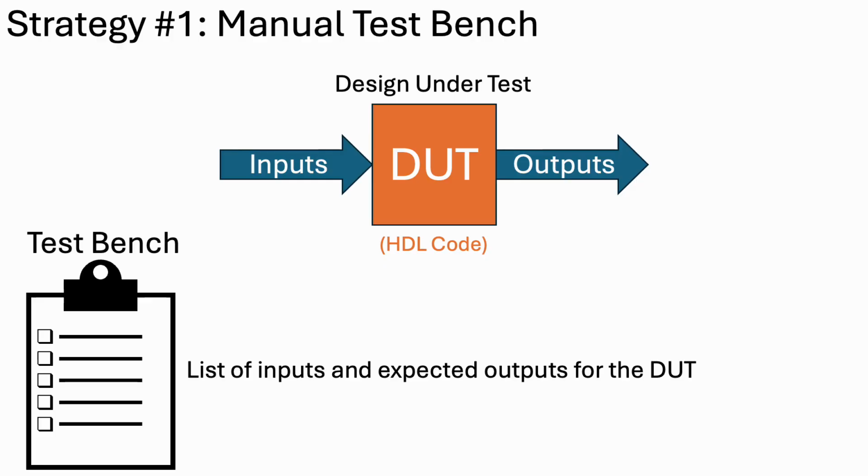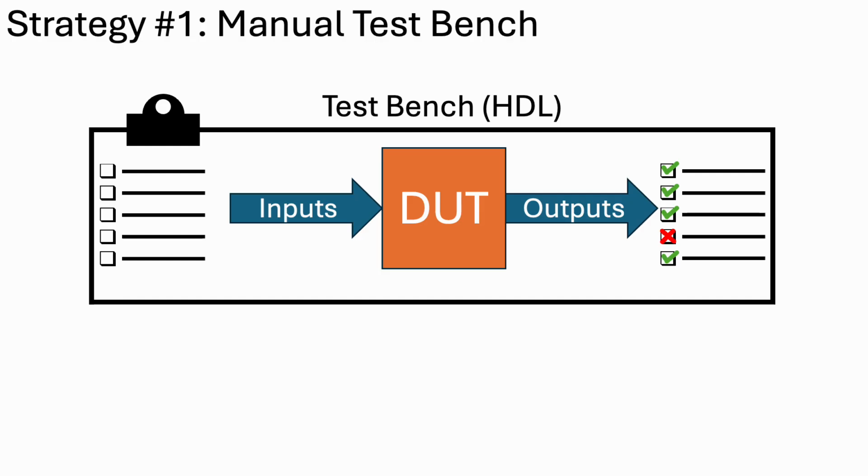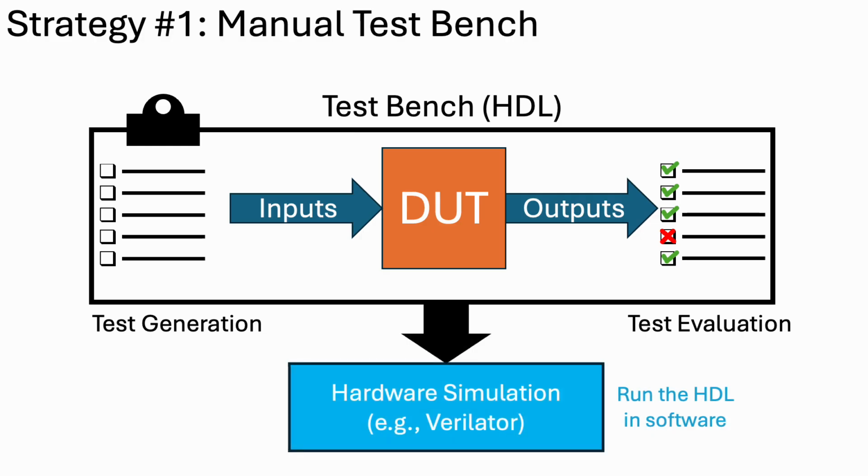In hardware, you usually call this a test bench. Then you put this design under test in your test bench. On the left side, I'm showing the test generation, on the right side, the evaluation, and you run this whole thing in a hardware simulator that is meant to be accurate to how the hardware would perform if it was actually